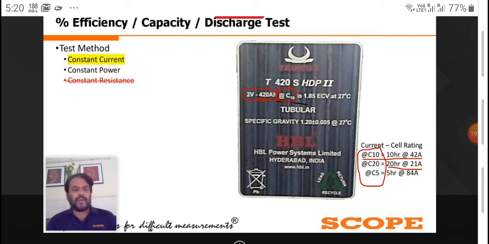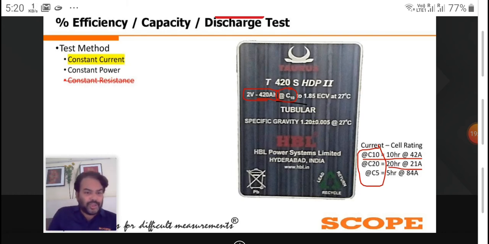Similarly, Mr. P. Suman has asked what is the exact time to allow the battery set for discharging. Here, sir, you need to follow the standard or the battery type rating. If it is C10, consider the discharge time as 10 hours. If it is C20, consider 20 hours. If it is C5, consider 5 hours. Then you divide the total ampere hour by the number of hours, and you will get how much current you should have.